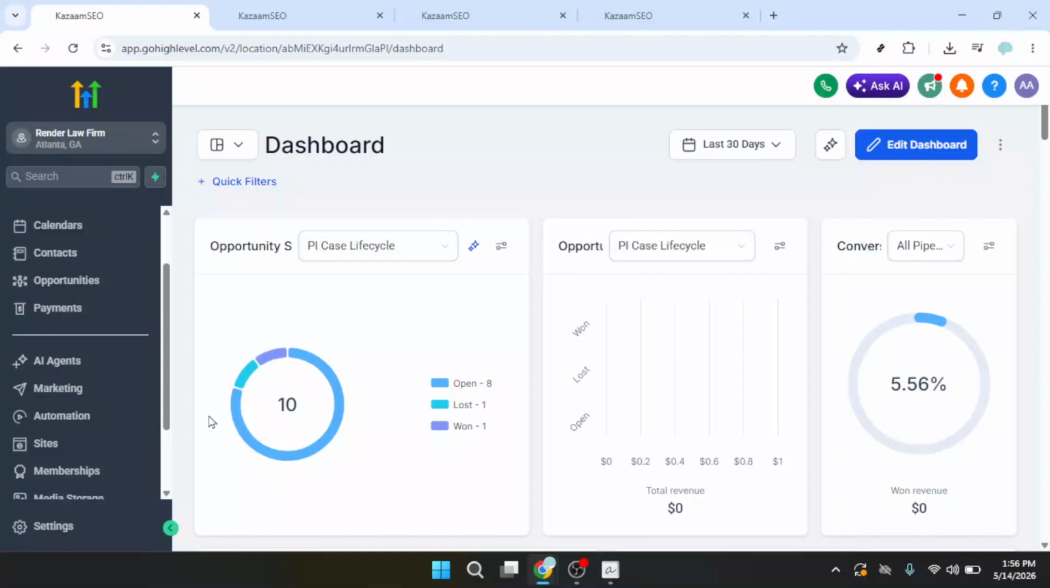In today's video, I'm going to teach you how to create an embed form with GoHighLevel. By the end, you'll have a clean, professional form built inside GoHighLevel and placed right onto your website page, ready